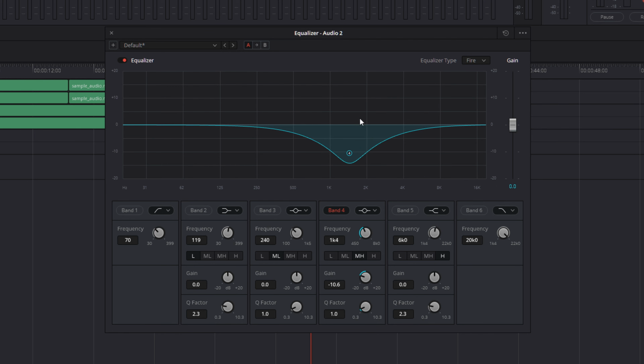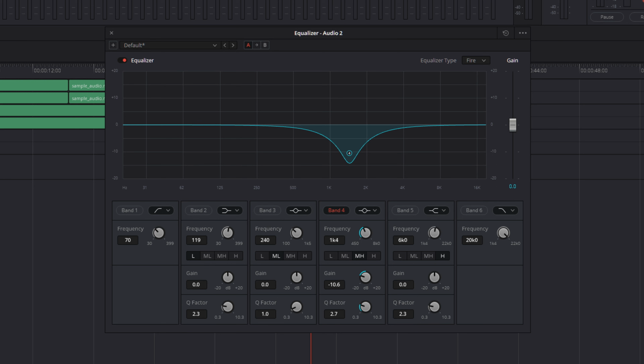It doesn't have to be exact. It's not an exact science either. It's really just how it sounds to the ear. We know that we want it to reduce from about 800 to 2000, and to change how wide this reduction is, we just need to change the Q factor here. And so I want to bring it in and tighten it up a little bit by sliding it to the right, and say about there. And we can see that the dip ends right about 4500 or so. That's okay. It's background music. It doesn't need all of its frequencies perfectly intact.